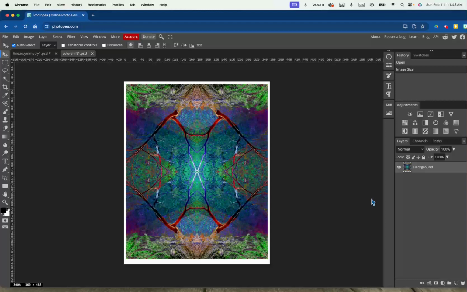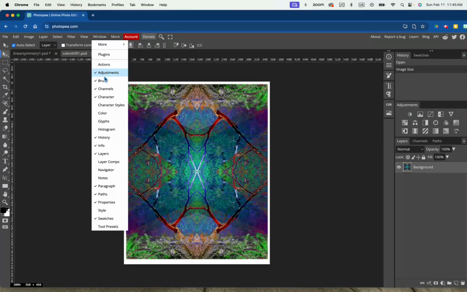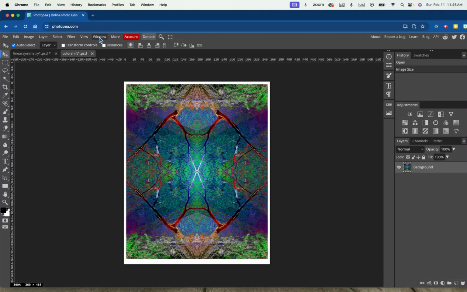All right, so I now have a smaller file. I've got my layers open here. I've got adjustments open here. Again, if you don't have adjustments open, go to Window, go down to Adjustments, and make sure you can see